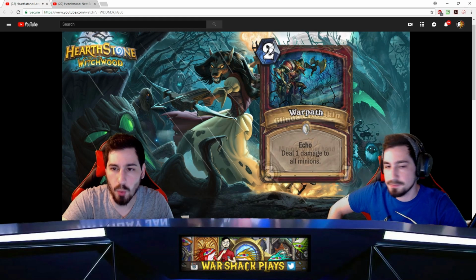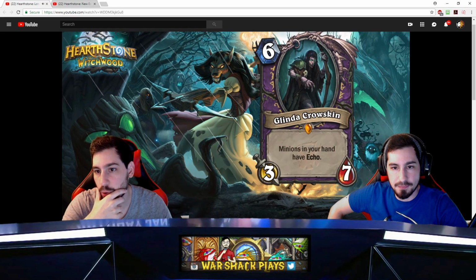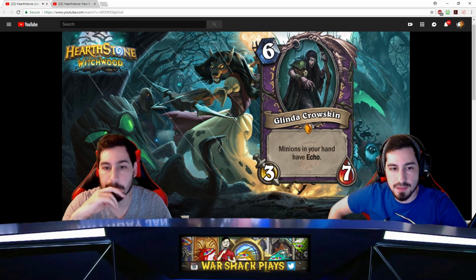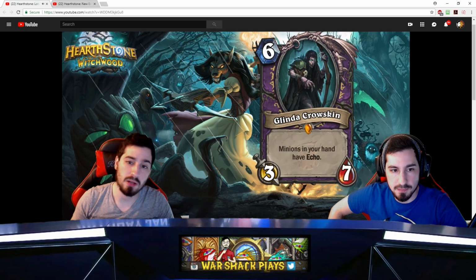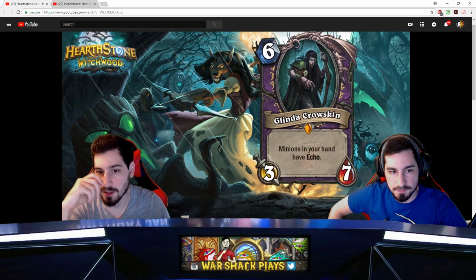Ooh, the Warlock Legendary. We got Glinda Crowskin. She's a 6-mana 3/7. Minions in your hand have Echo. Think about it, look at it, feel it, smell it, hear it, see it. Obviously, you're not playing her and a bunch of other minions in the same turn, unless they cost...